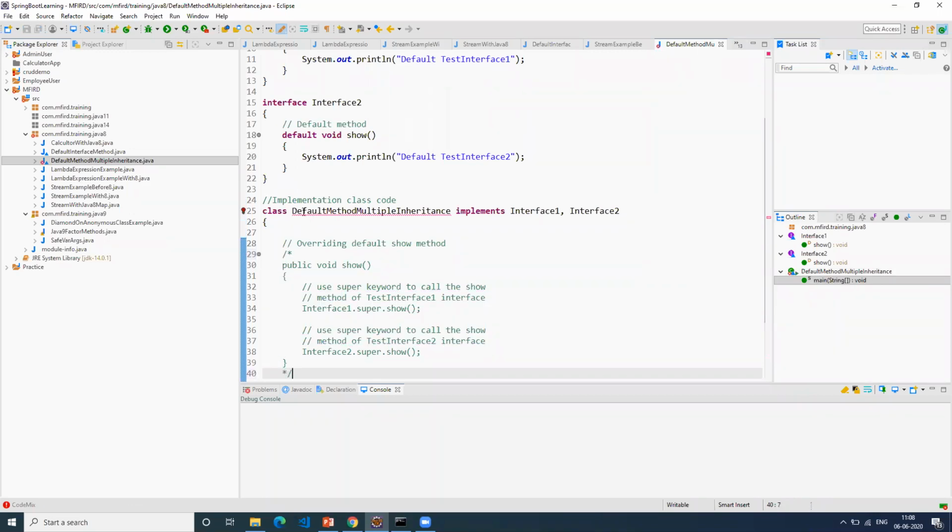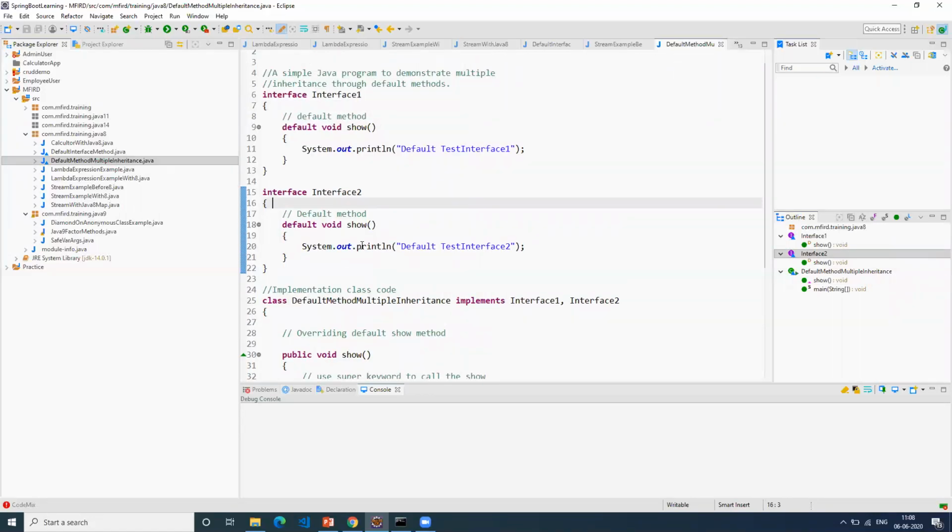If you see here, it's giving an error because it is not able to resolve which method to call, whether the interface 1 method or the interface 2 method. So to resolve that, what I told was to just add a public void show method, wherein you will provide your own implementation. Correct? Now the other option is, basically I have the show method and show method here, right? So I can extend this interface 2, right? I can do it like this.